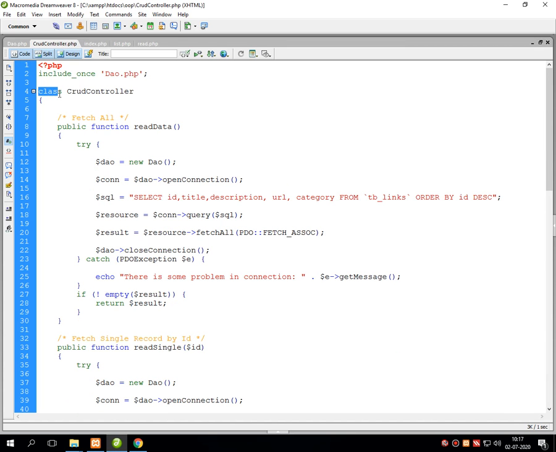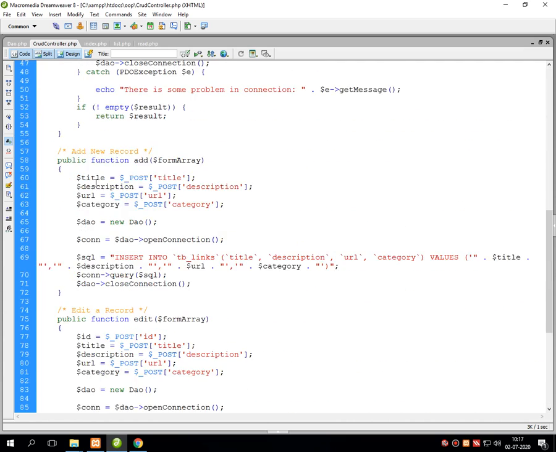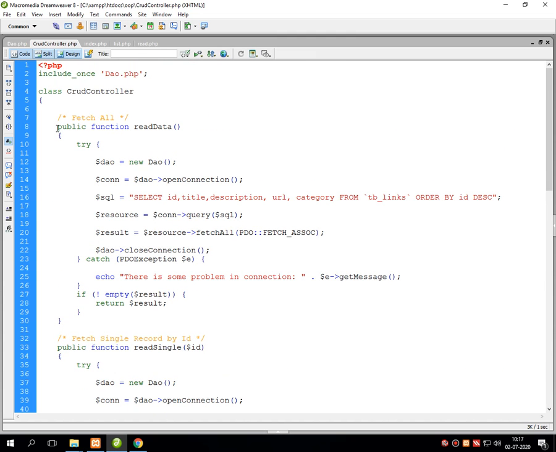Into the next line of code, first create a class called CRUD controller. Into the opening and closing bracket of this particular class, define a function which is called read data. The purpose of writing this particular function is to display the content from database onto the browser. So now into the bracket of this particular function,